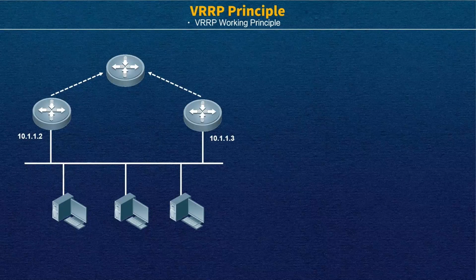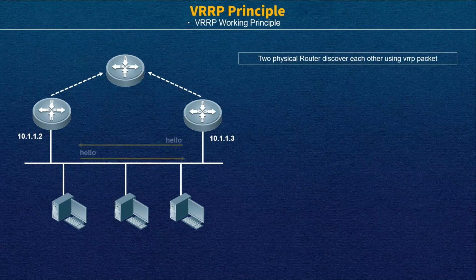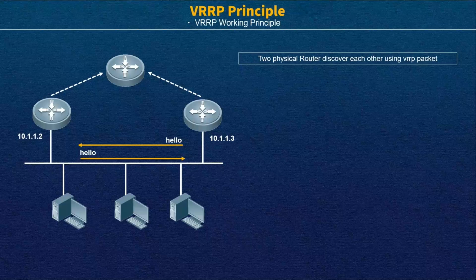And then let's see the process of how to select the master and how to select the backup. First, on the physical router or layer 3 switch, we have to add the command of the VRRP protocol, right? Then they will send out the VRRP message, which is the hello message. This message carries the priority, the IP address, and whether the preemption mode is on or not. All the information will be added into the packets. Then we send out the message and also receive the message from our neighbor.